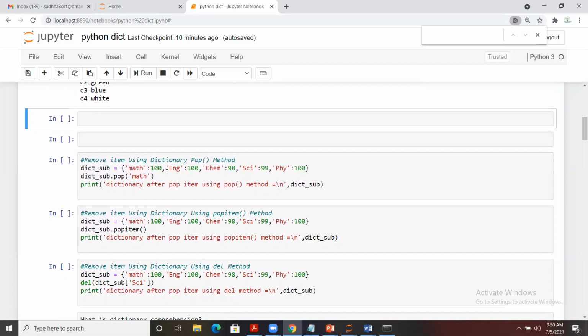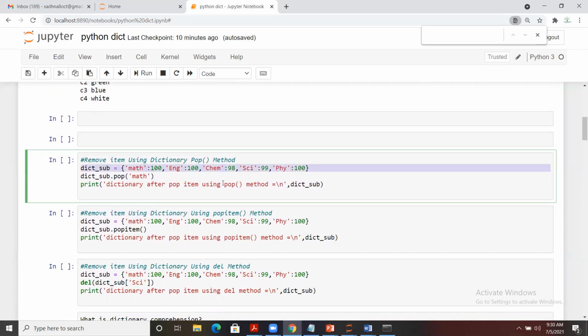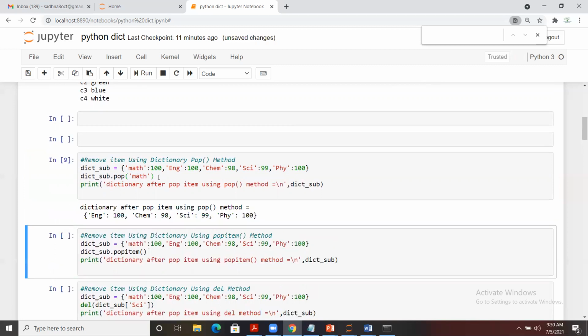So here in this dictionary, we have some subjects, and corresponding to the subject keys we have some values, their marks maybe. So I just want to pop math from there. Math is a key, so we can simply use the pop function and apply math, and it will get removed. You see that math is not there.